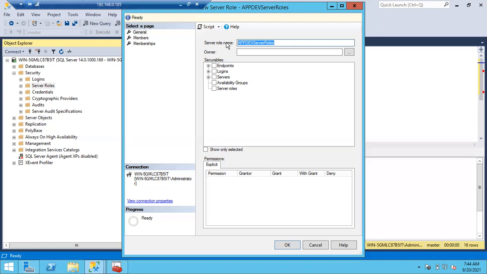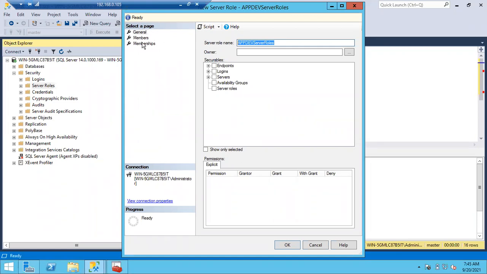But what is meant by a customized server role? You can choose your own permissions. Whatever permissions you want, you can group together all the required permissions. So they have to tell what permissions they need for this role. Once we get that permissions list, then you can create a server role with their own permissions.